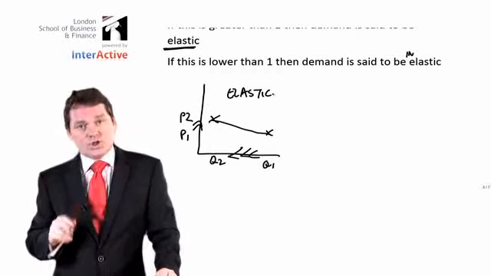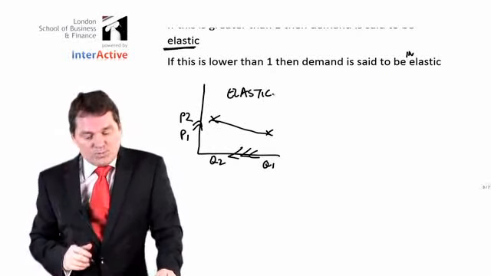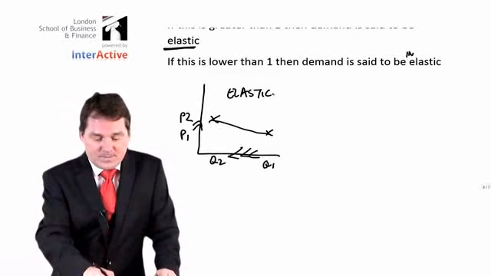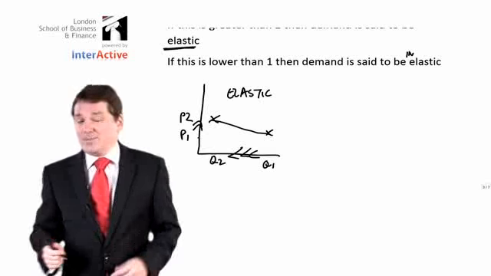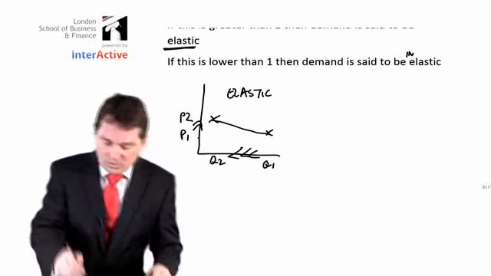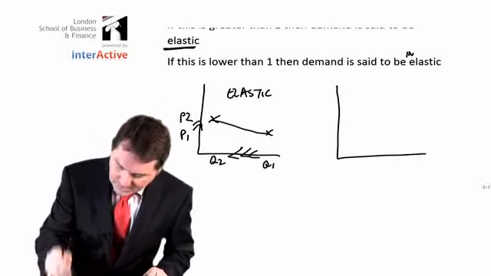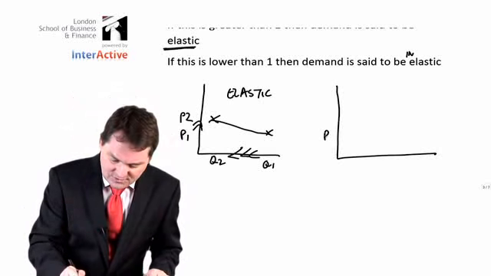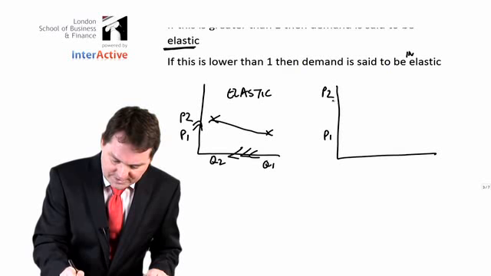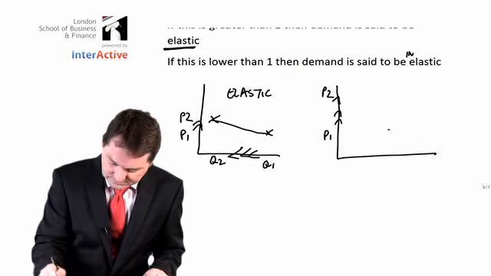Now, in that case, if you were to put your prices down again, price would go down a bit, but demand would shoot back up again. You're probably better putting your prices down. On the other hand, you notice I've made a little change there because I got it wrong. On the other hand, there'll be certain things where you put the price up a lot,